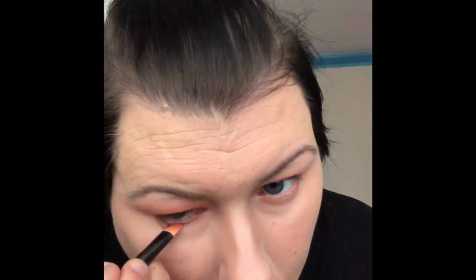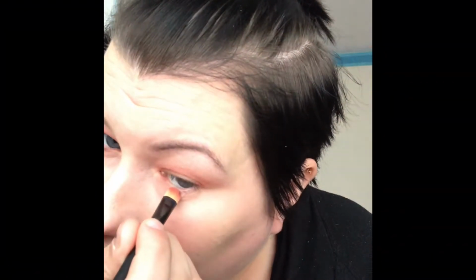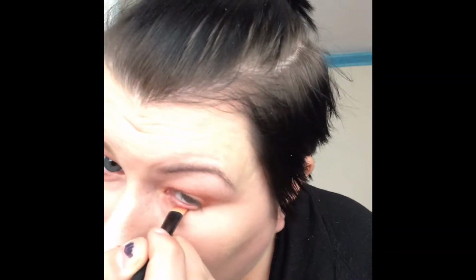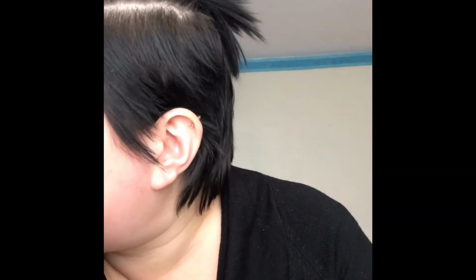And then, because I've still got some product left on this brush, we're just going to do underneath here, because there's some product left on there. And that's really like a subtle underneath, because I don't tend to do it underneath all the time, but it's there a little bit. And then now we've done the eyes,